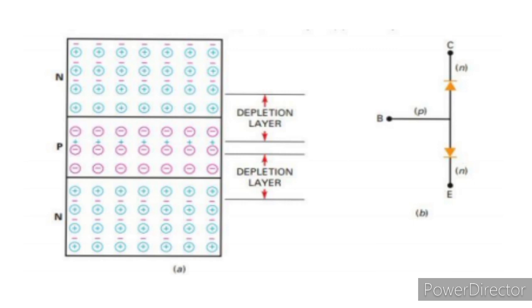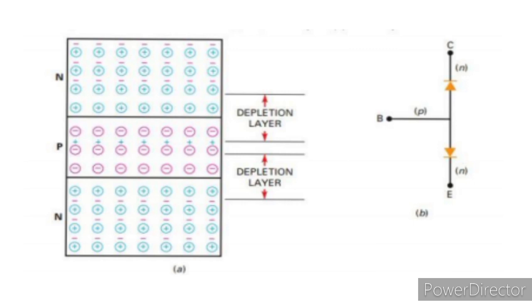Because of their repulsion of each other, the free electrons in the N regions will spread in all directions. Some of the free electrons in the N region will diffuse across the junction and recombine with the holes in the P region. Visualize the free electrons in each N region crossing the junction and recombining with the holes. The result is two depletion layers, shown in the figures.